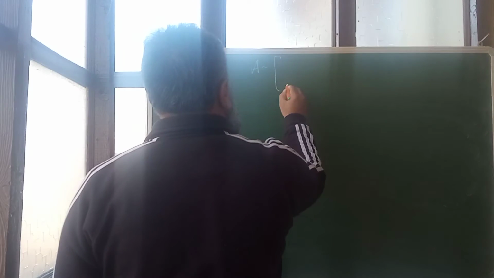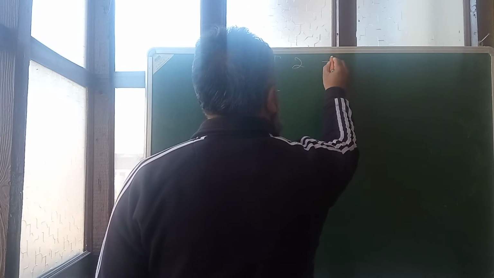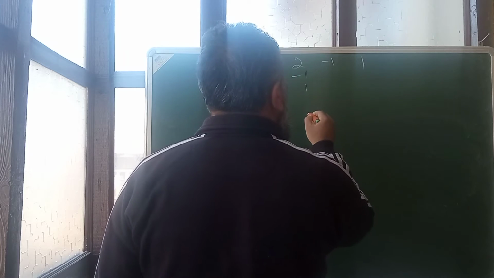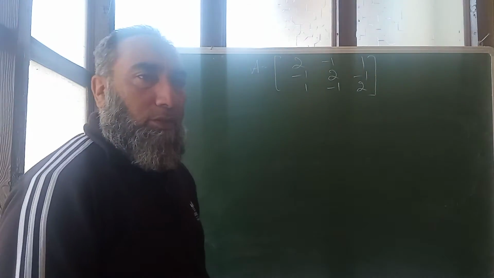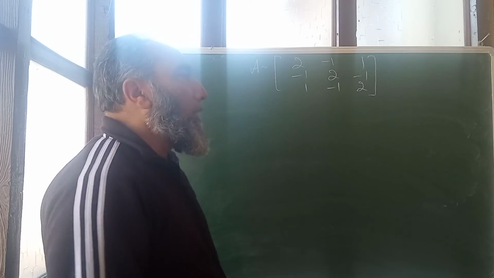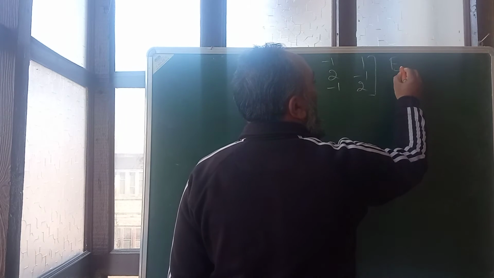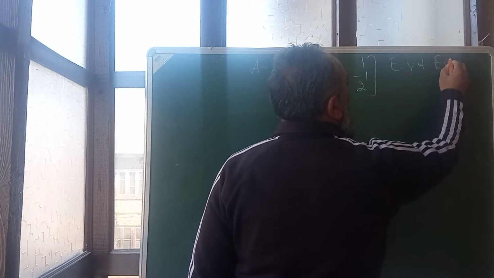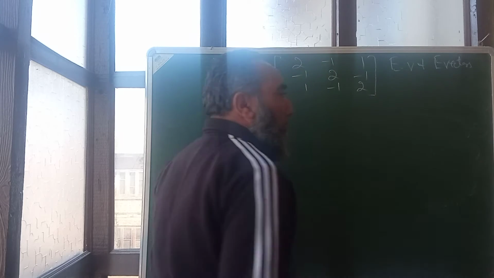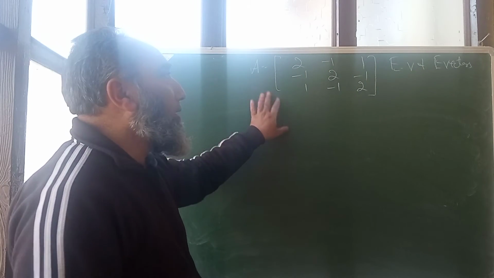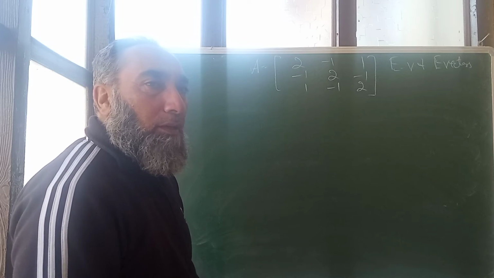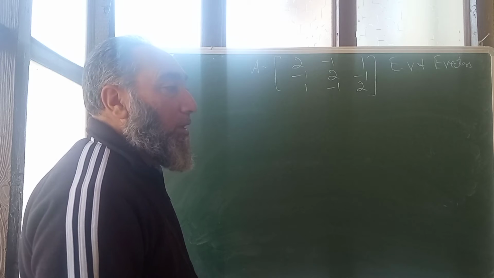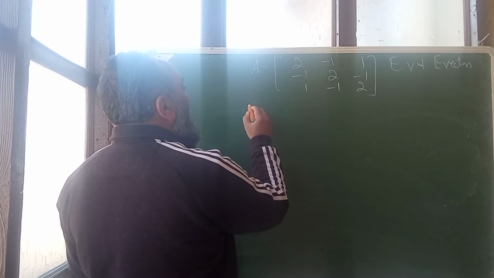Let me take A equal to a symmetric matrix, say [2 -1 1; -1 2 -1; 1 -1 2]. This is a matrix of order 3 by 3. I have to find the eigenvalues and corresponding eigenvectors, eigenvalues as well as eigenvectors for this matrix. So in order to find the eigenvalues, I have to find the characteristic equation. Now the characteristic matrix